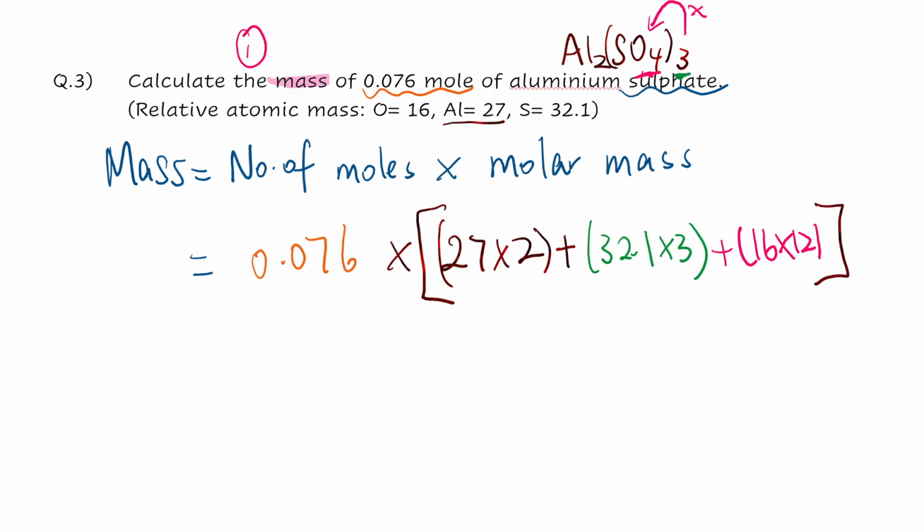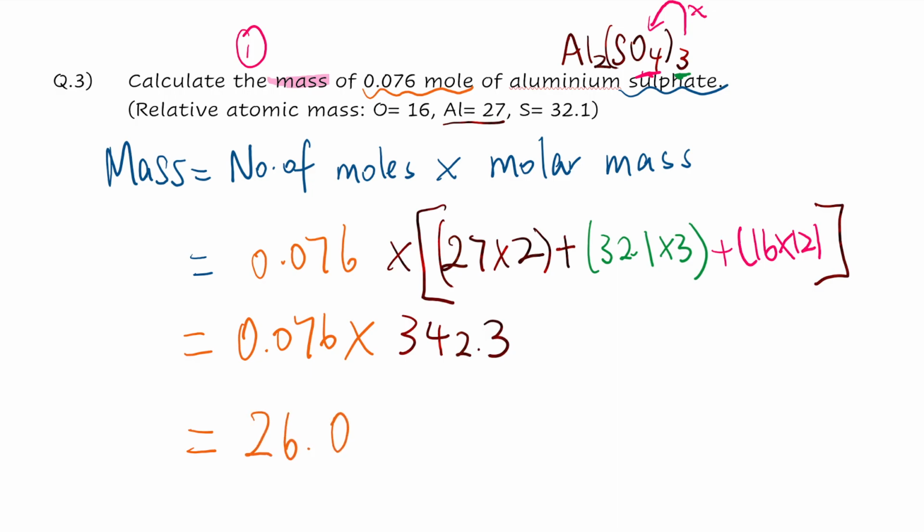Okay, then, this is rather long. So 0.076 times, if you take out your calculator, 27 times 2 plus 32.1 times 3 plus 16 times 12. You get 342.3. And then finally, what is your mass? Mass would be equal to 0.076 times 342.3, and you would get the mass is roughly around